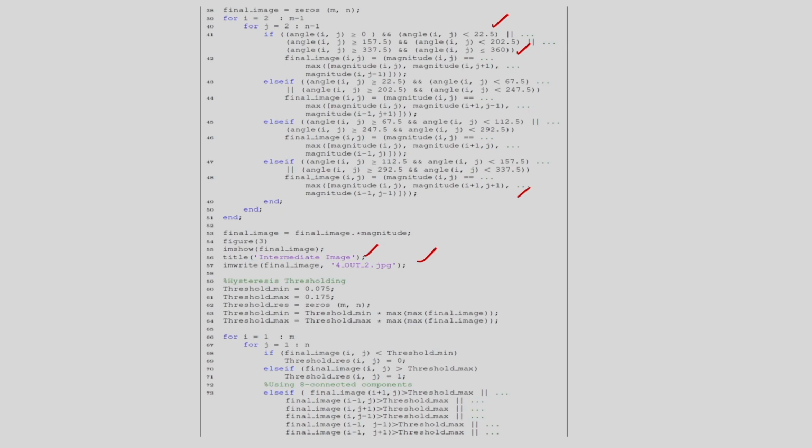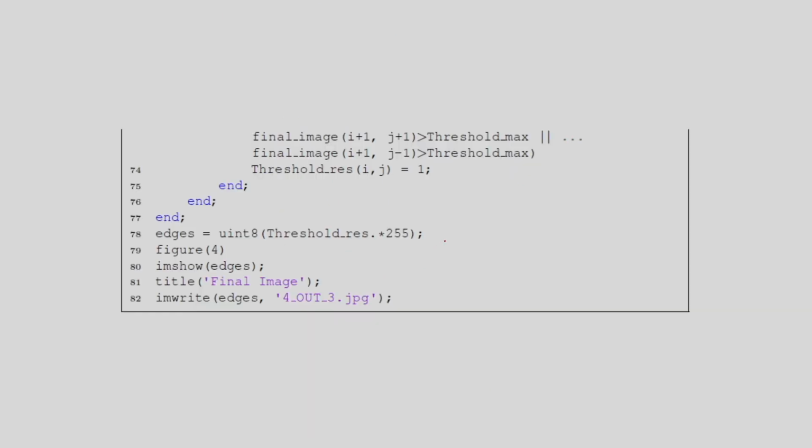After this I am considering the thresholding with hysteresis. So for this I am considering 2 thresholds. One is the low threshold, another one is the high threshold. And after this I am applying the thresholding with hysteresis principle. And corresponding to this I will be getting the edge pixels, and these edge pixels of the input image you can display, you can show. So this is the concept of the edge detection with the help of Canny edge detector. That is the MATLAB program.